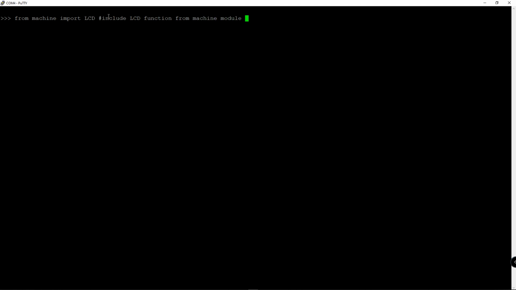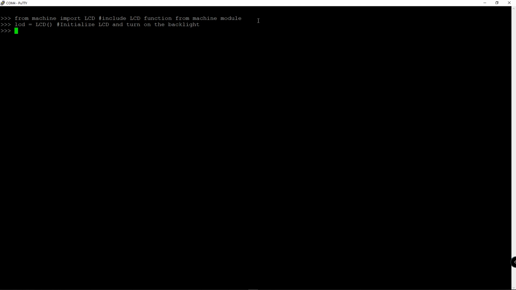When you type your text after the hashtag, that text becomes a comment. After that, type LCD equals LCD. This is to initialize LCD and turn on the backlight.